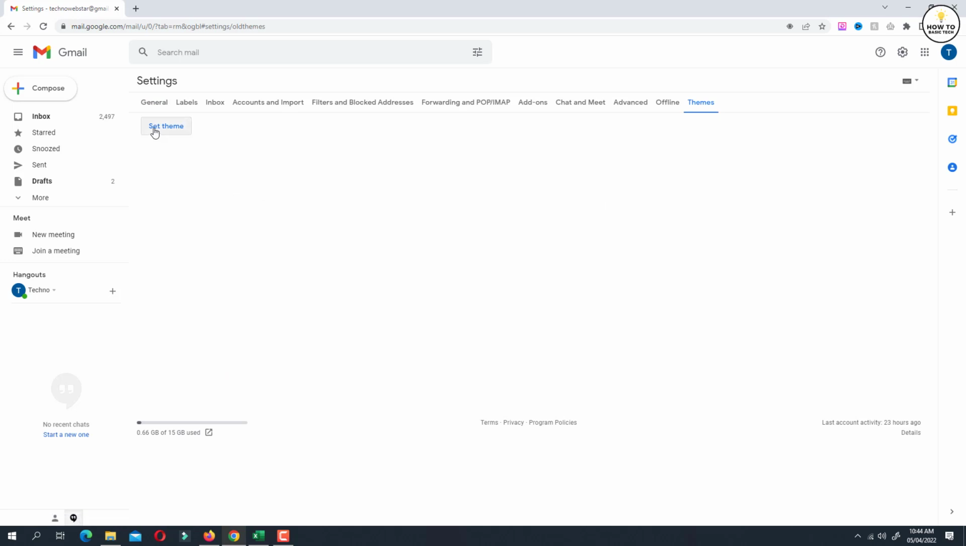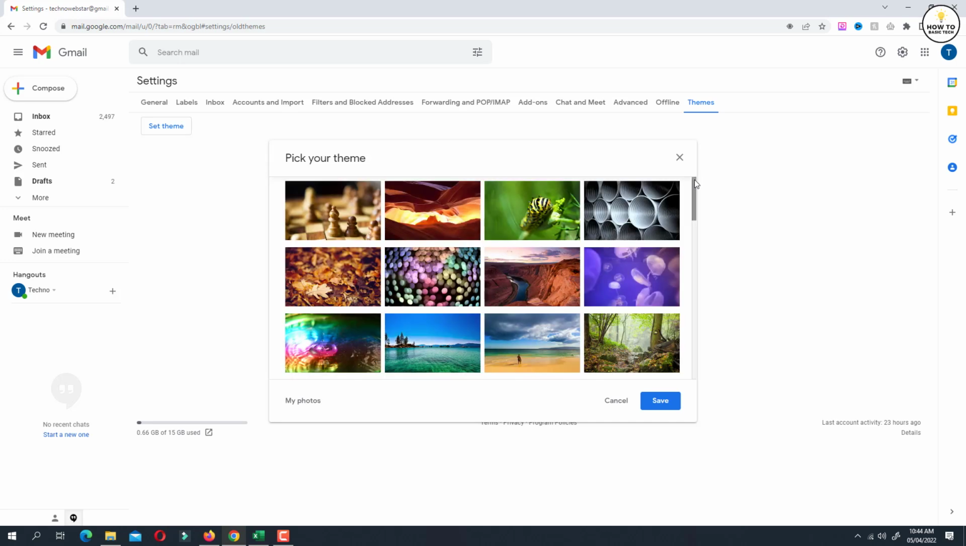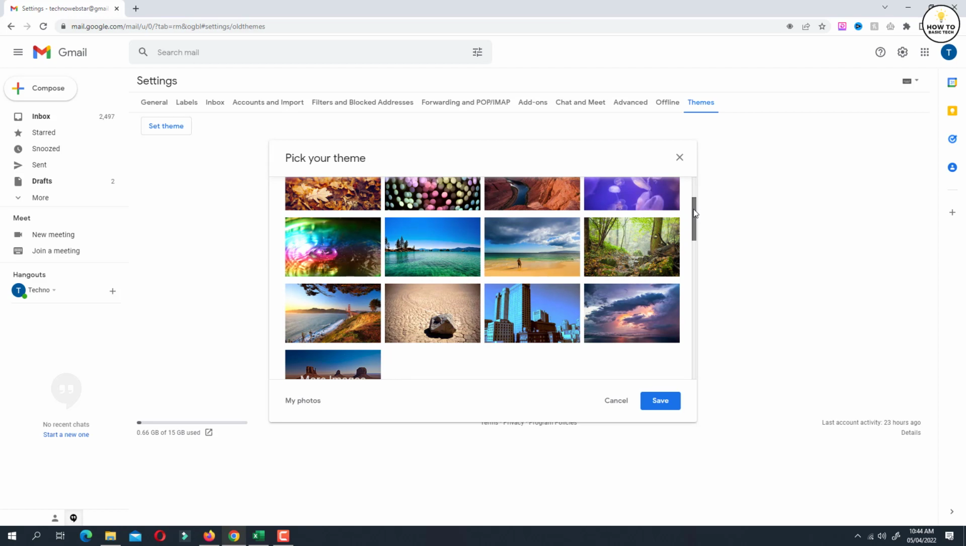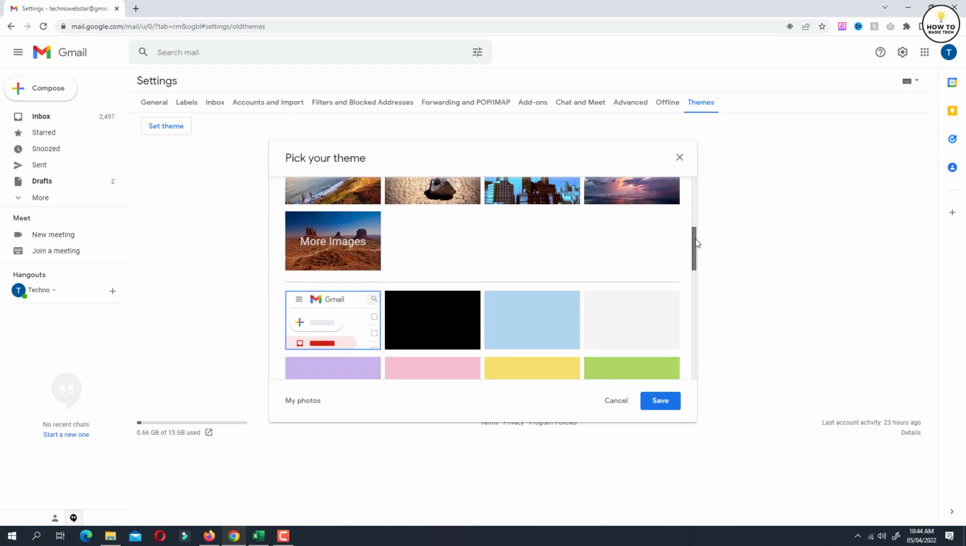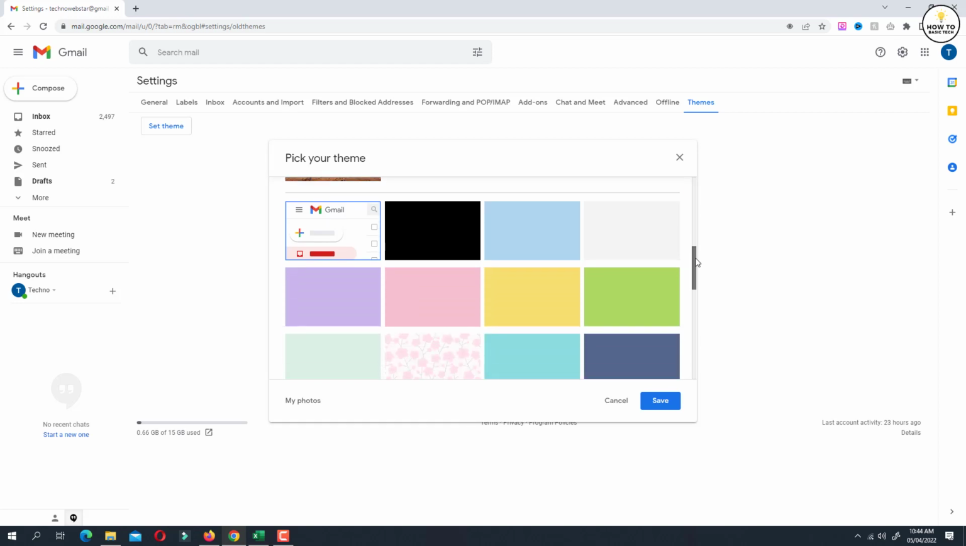Now click on Set Theme button. A pop-up will open wherein we can pick our theme for our Gmail account. Now here we'll find various themes option available which are actually pictures, but we don't want that. So scroll down and at the bottom you will find the default option for Gmail and other option like blue,